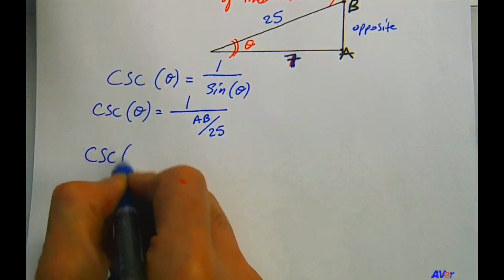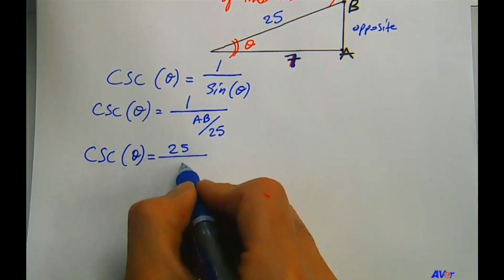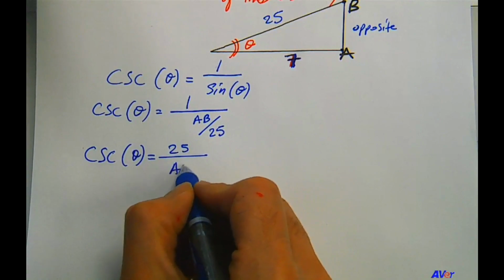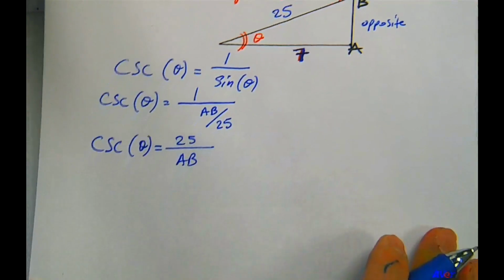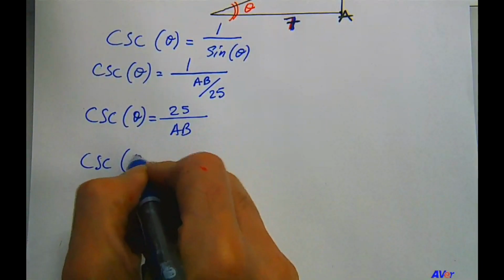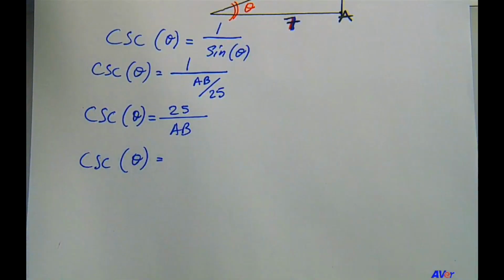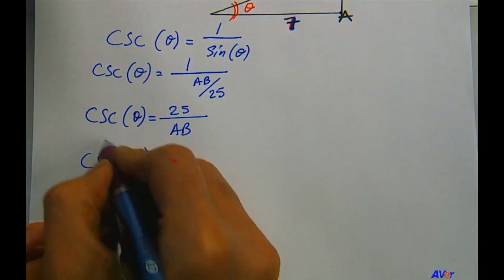Okay, so we have cosecant of theta equals, simplifying this complex fraction, 25 over AB, and cosecant theta would be equal to, well, by the Pythagorean theorem, so let me not forget to write that down,